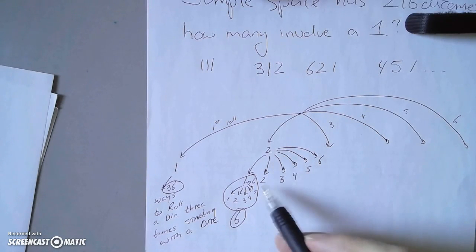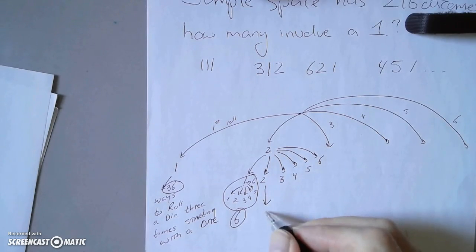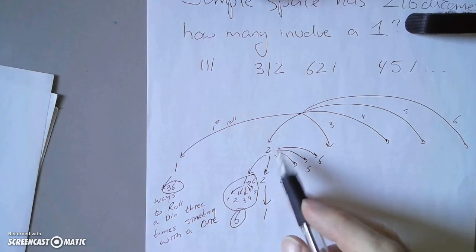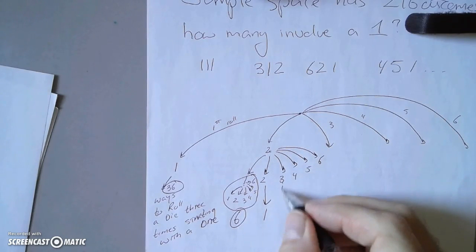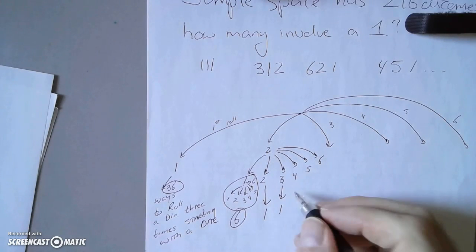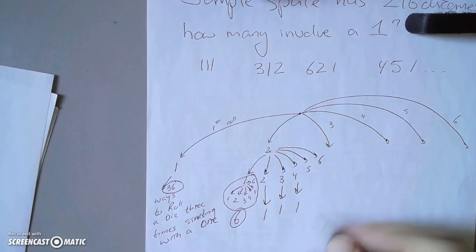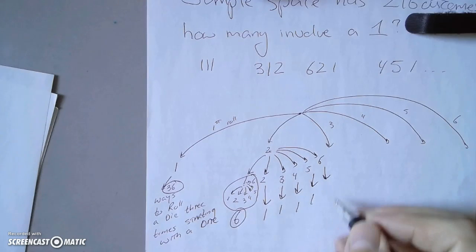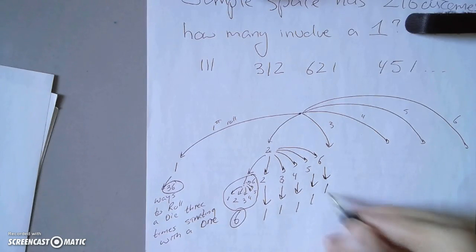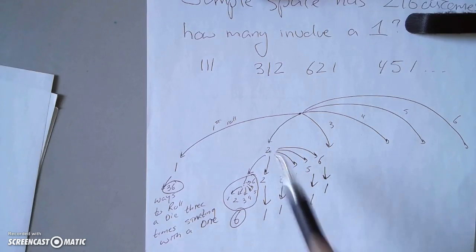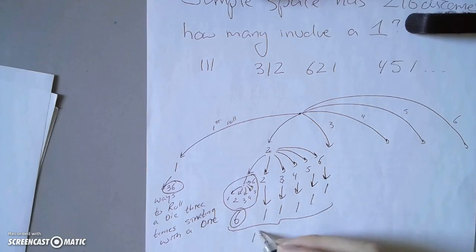If you roll a 2 and then you roll a 2, the only way you have to win now is if you roll a 1 on your 3rd roll. That's it. If you roll a 2 and then you roll a 3, the only way you can win is to roll a 1. If you roll a 2 and then a 4, the only way you can win is to roll a 1. If you roll a 2 and then a 5, the only way to win is to roll a 1. If you roll a 2 and then you roll a 6, the only way to win is to roll a 1. So if you roll a 2 first, there are 11